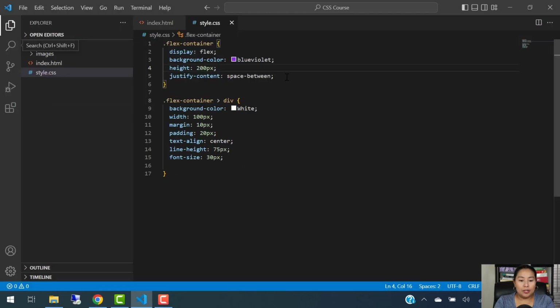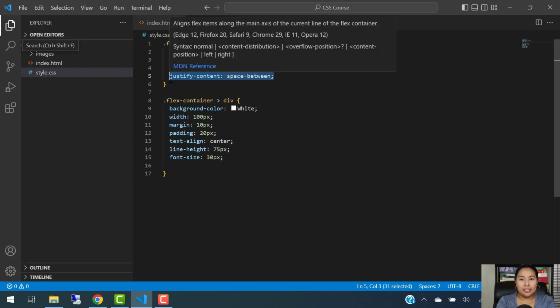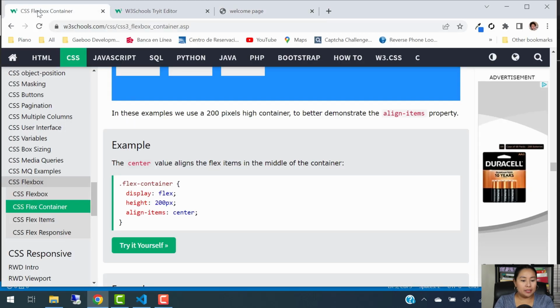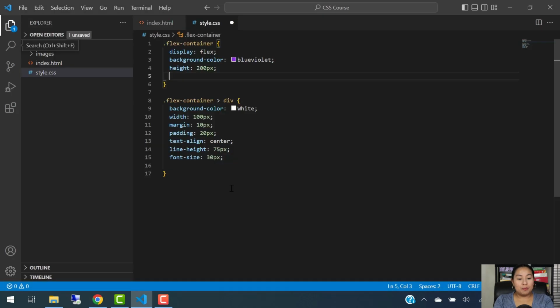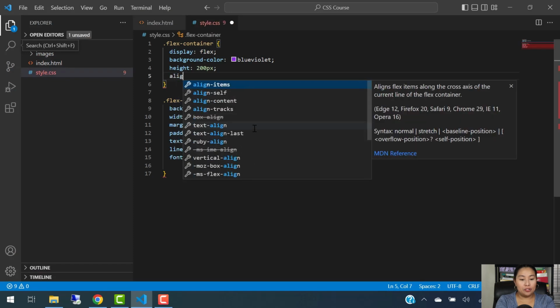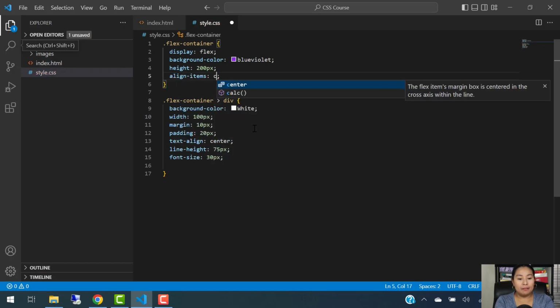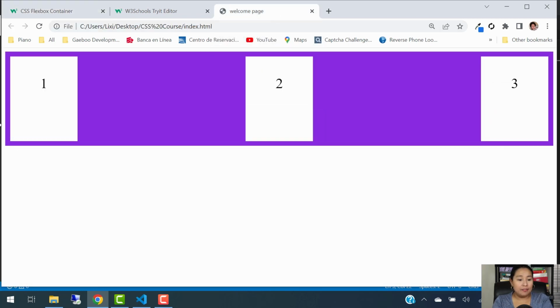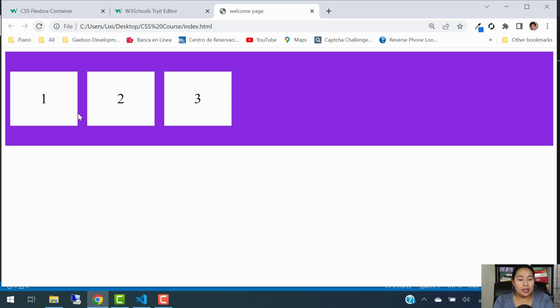Okay, now I'm going to remove the justify content property here. Going back to the flex container, let's use the align items property, and we're going to try different values. First thing we're going to do is center all the items. Going back to our welcome page, I already hit Control S to save it. Let's hit refresh, and boom, you see now it has been arranged to the center, but in the vertical position,